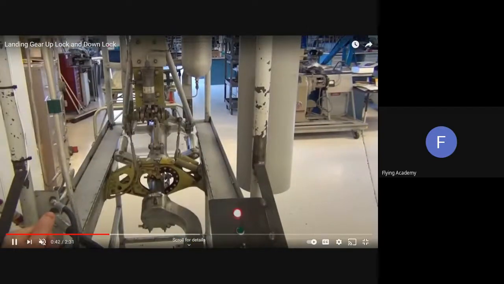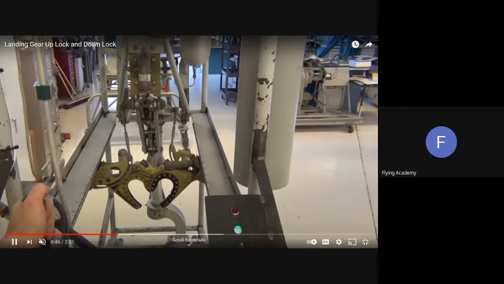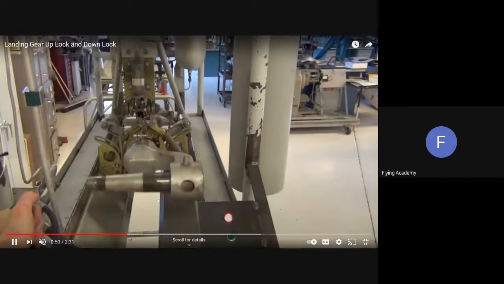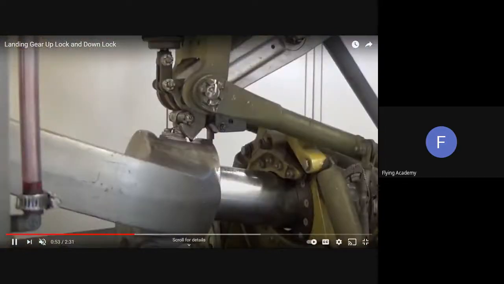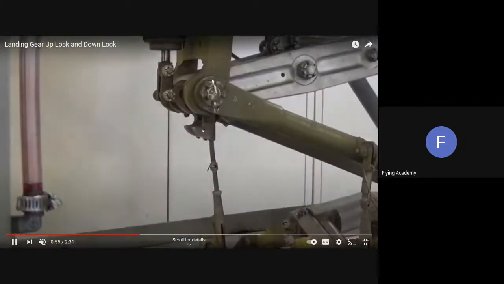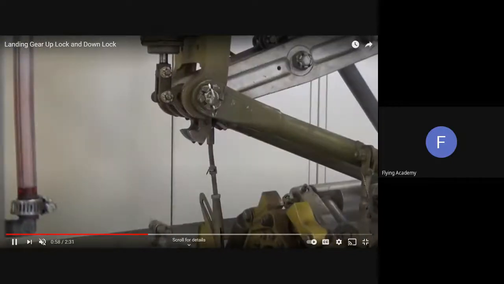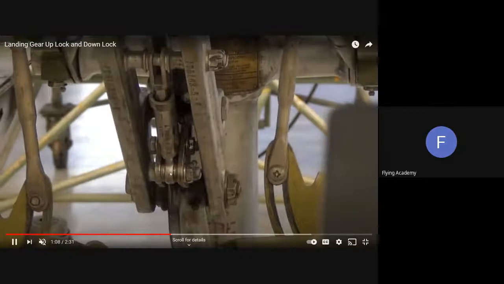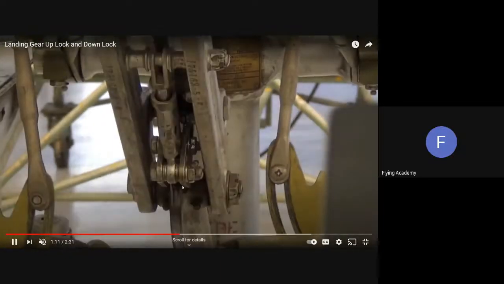So you can see this mechanism to which the shaft of the landing gears is moving. When the landing gears go to the up position, it locks the door, and at the same time this element works like the locker in the up position. This is one more locker in the up position for the whole landing gear, and this is the locker for the down position, and it fixes the landing gear in the down position.